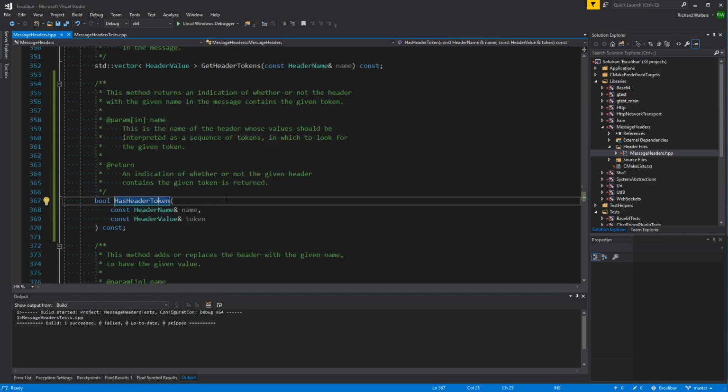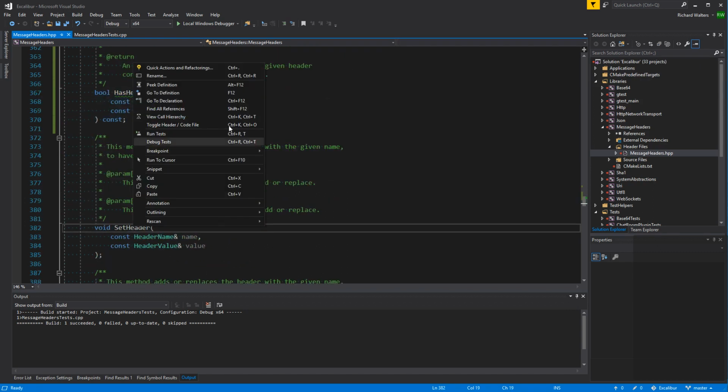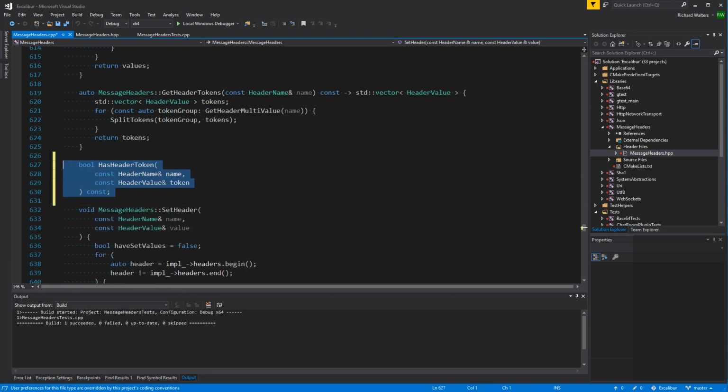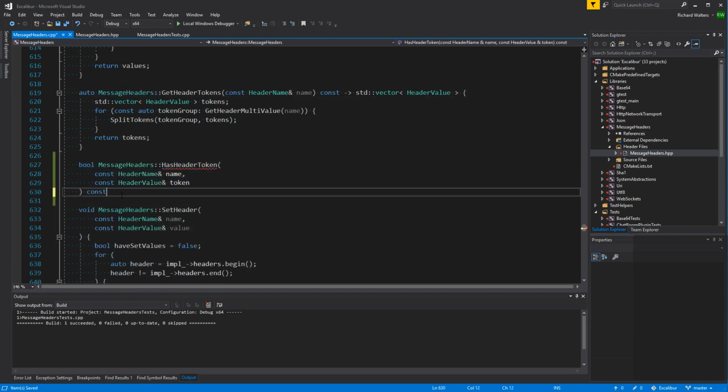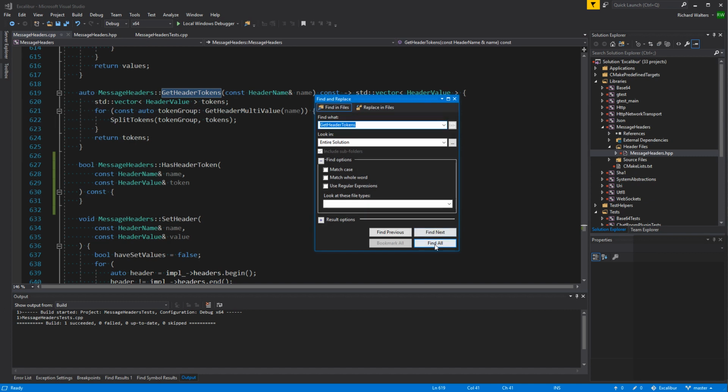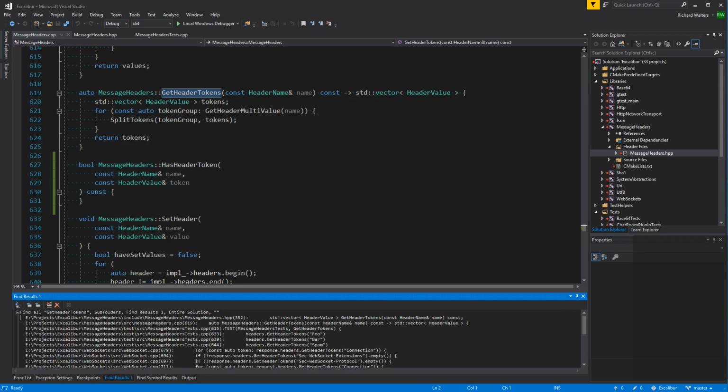And then we need to give a body to that. Let's go to its neighbor, just keeping it in the same order and all that good stuff. This is, again, a little bit of syntactic sugar, right? Because we can just call get header tokens, which we already have code that does, so we can steal from it.